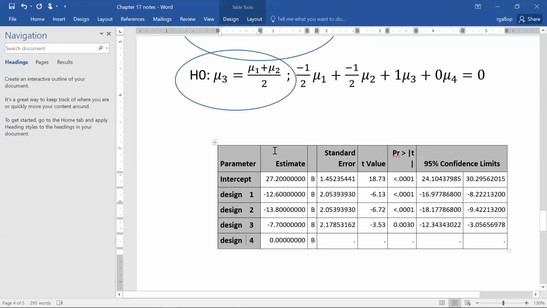Okay, so here's our parameterization real quick. So now we see the parameterization SAS is doing, and the CL parm is giving us confidence intervals for the